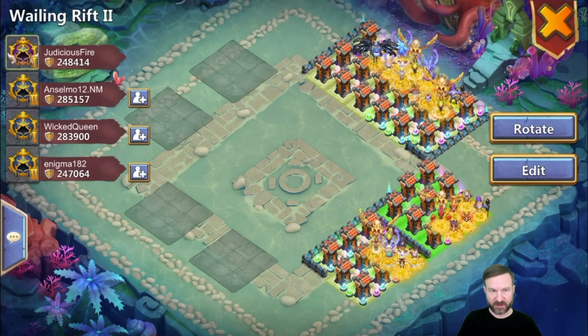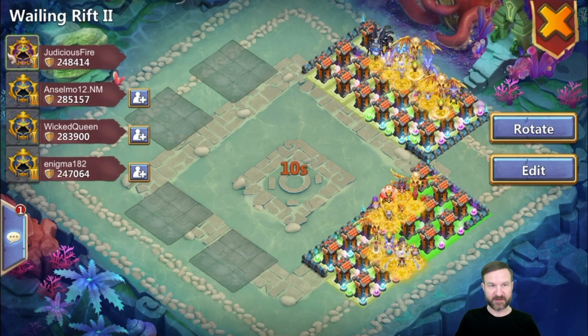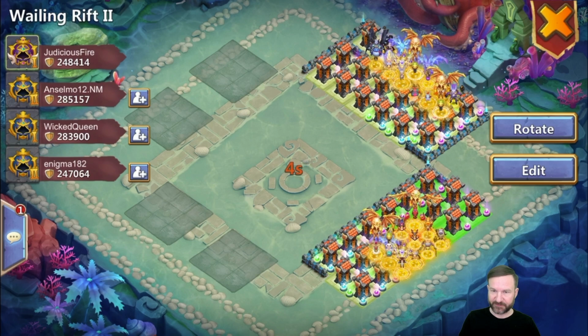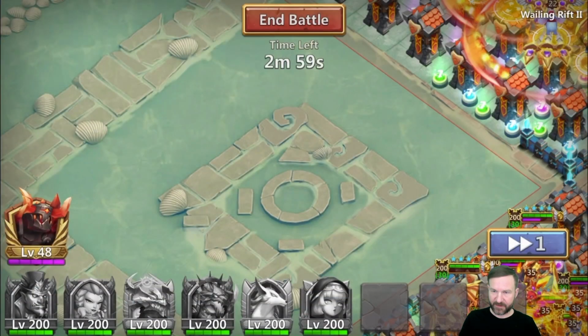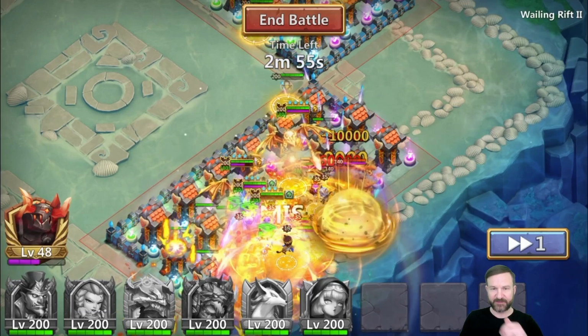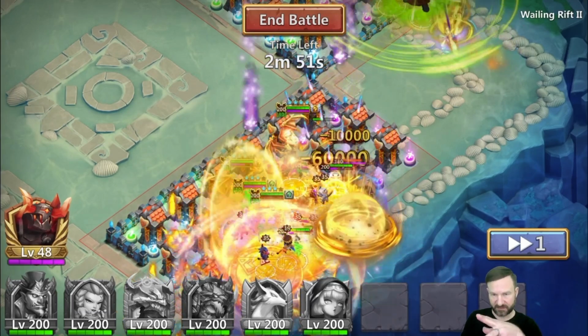All right, we're going to go in here. We've got Anselmo, Wicked Queen, Enigma, all the guildies together. Going to do Wailing Rift with a new hero. See what happens. I kind of have a feeling. All right, Wailing Rift 2. All right, we're going to see a cross-shaped proc